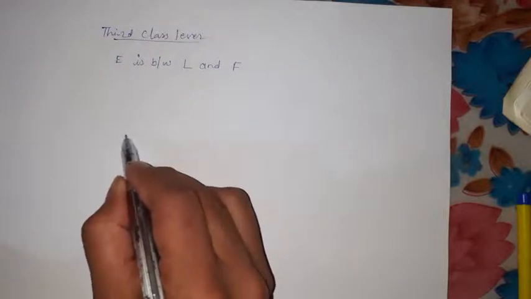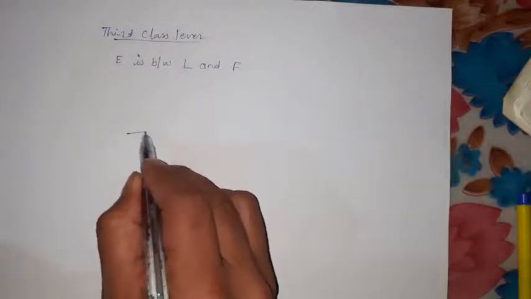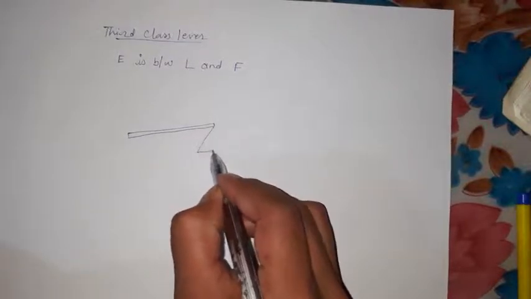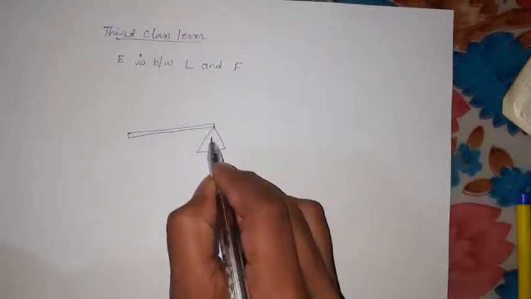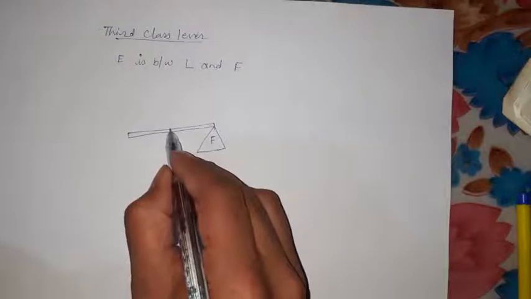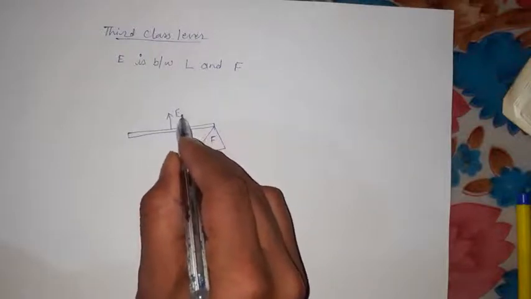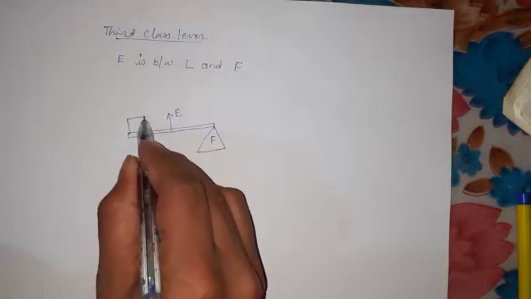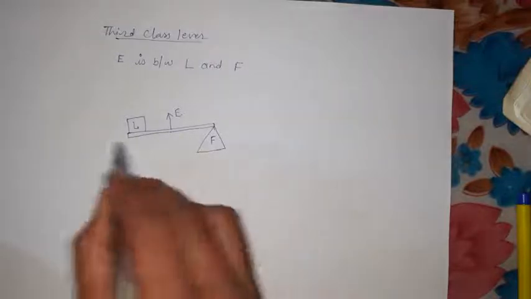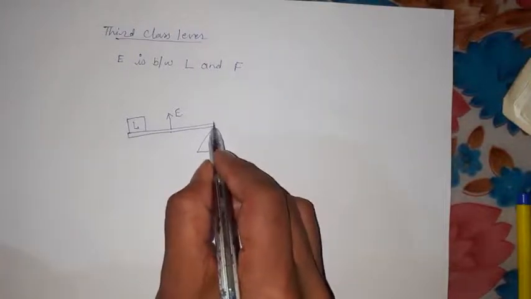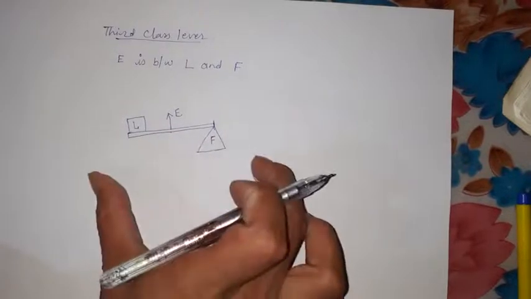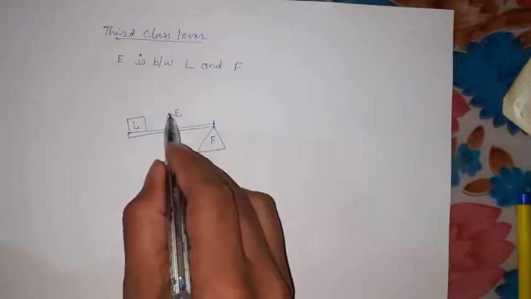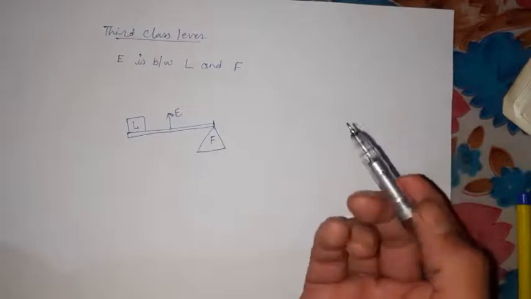As we have in this simplest diagram, here is a lever, and it is pivoted at this point, which is the fulcrum. We apply the force at this point, it is the effort, and the load is kept here. Over here you will find that the fulcrum and load are at the outer edges, while the effort is in the mid part. Therefore which class of lever will it be? It will be a third class lever.